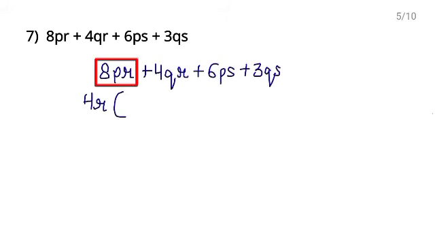Now from this 8 you have taken 4 common. So you are left with 4 2s are 8. You will write here in the bracket 2. You also have taken r. You are left with p. Plus from this term you have taken 4 common and the r common. What we have now? Just q we have. Plus